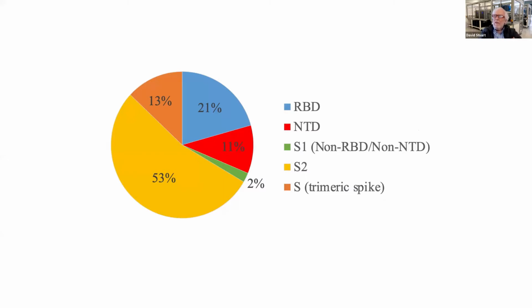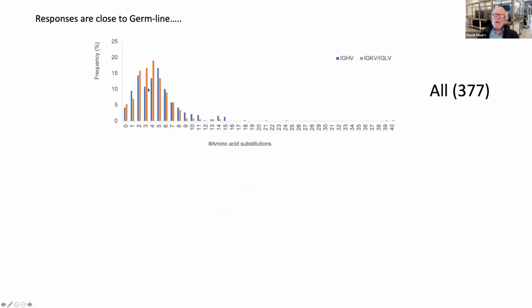It's 377 antibodies, as I say, and you can see that the slight majority of those antibodies interact with S2, but there's a significant fraction of them, 21%, that react with the receptor binding domain. So that's about 80 antibodies from our set. And the other thing to notice, and I'll come back to this, is that